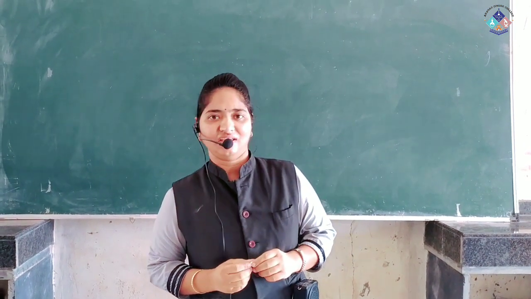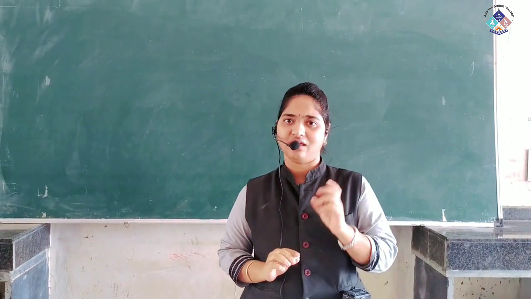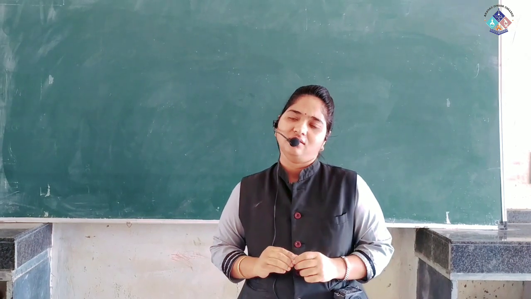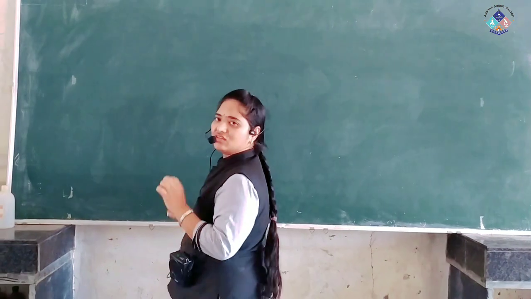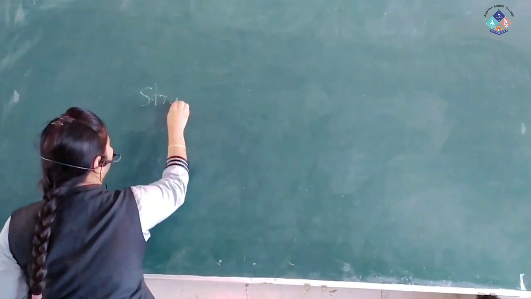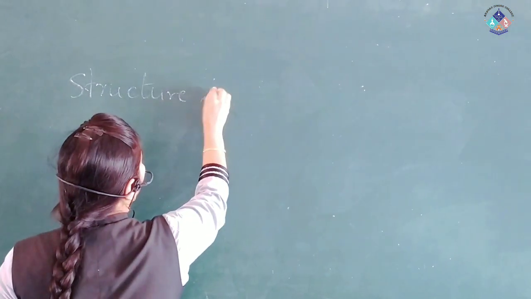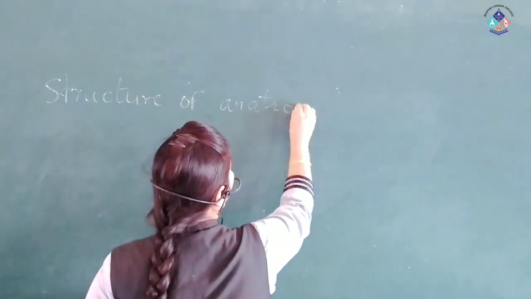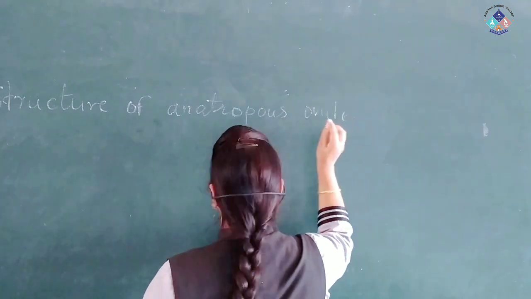Today I am going to explain a very basic and simple topic related to NEET, CET and board as well. Today I am going to explain a 12th topic, that is reproduction in flowering plants, and from that a very basic concept, that is structure of Anatropous ovule. Okay, so today's topic is structure of Anatropous ovule. Okay.